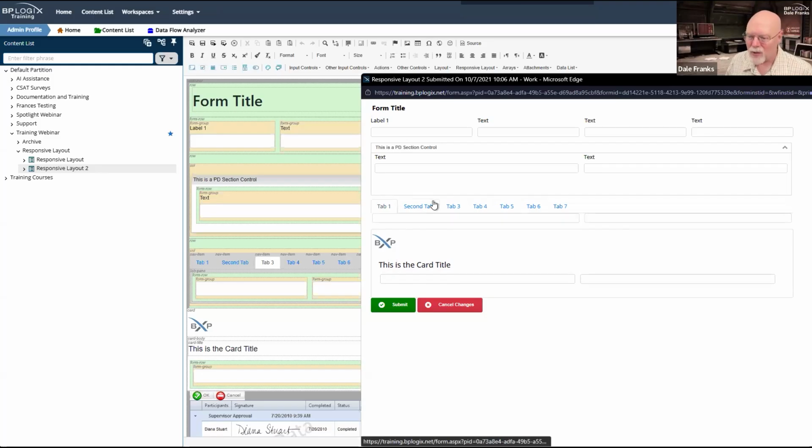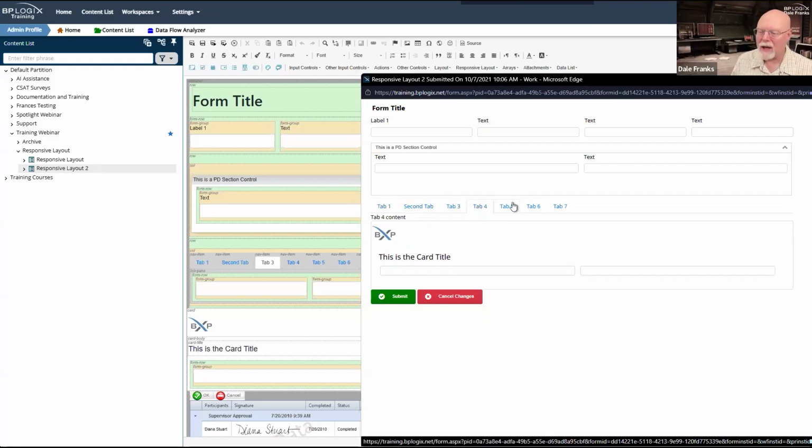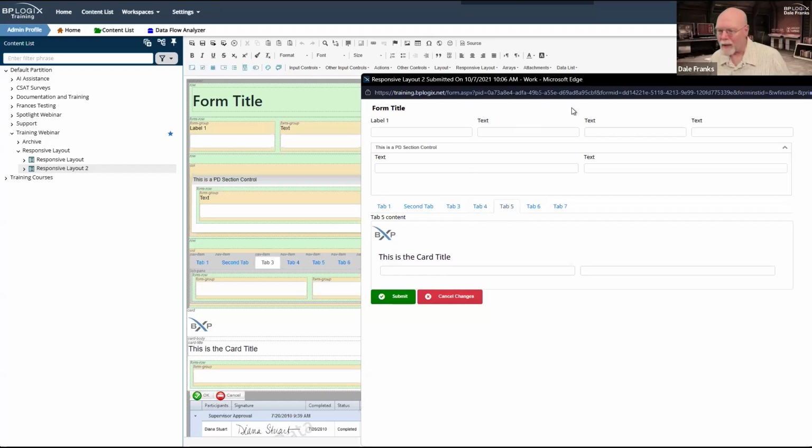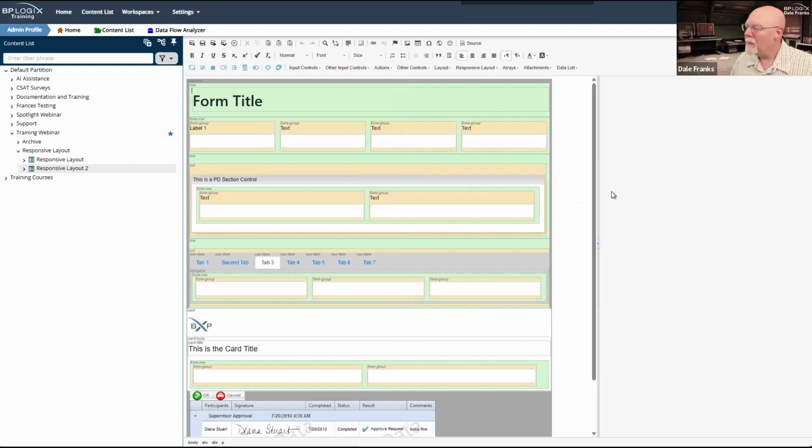That's just sort of part and parcel of using tabs because they are all dynamic controls. But those are the basics of using the responsive layout controls. I don't think there's anything more complicated that we need to talk about.